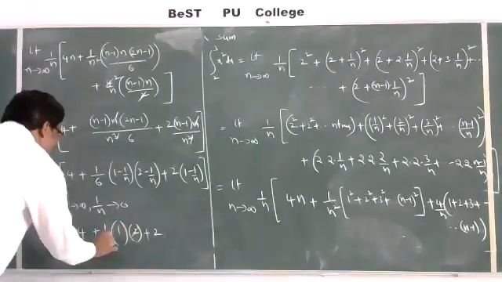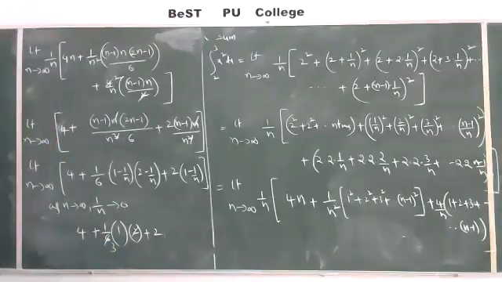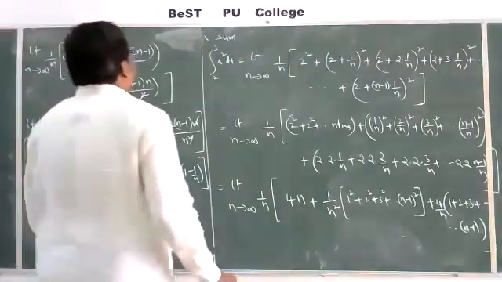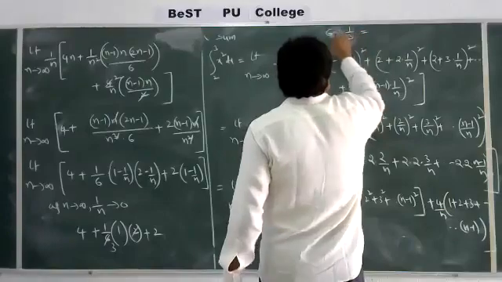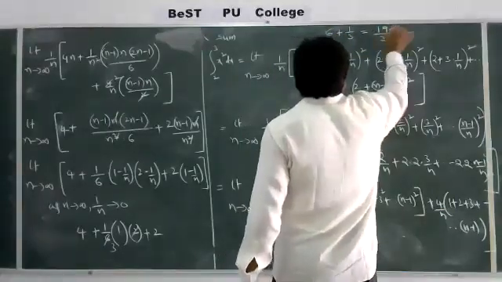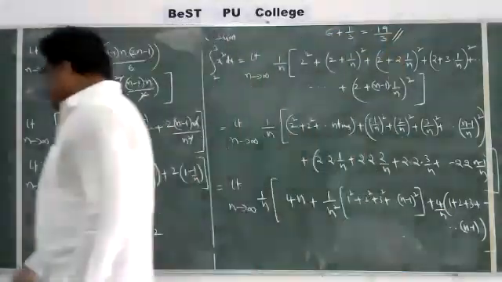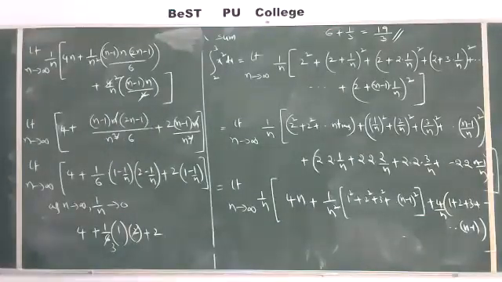So this 2 is cancelled, 6 in 3 times. That is 4 plus 2, 6, plus 1 by 3. 6 plus 1 by 3 is 18 plus 1, 19 by 3. That is the answer, 19 by 3. I have to check. With ordinary integration, you get 19 by 3. Same answer.